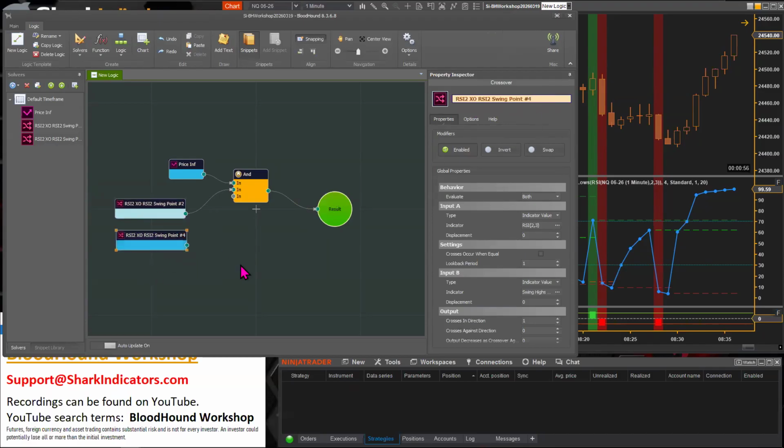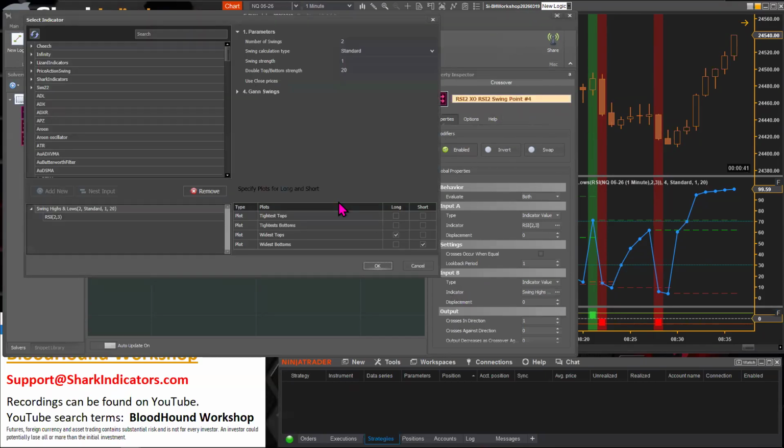Make sure I got the right one selected. Yep, okay. All right, so number 4, so let's go into input B, go into the indicator here, and make sure we have the swing highs and lows selected, and then we can adjust the number of swings to 4, like so.